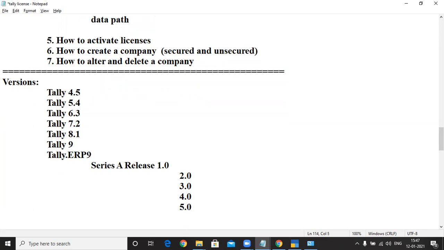When it comes to 6.0 onwards, the Tally.ERP 9 release